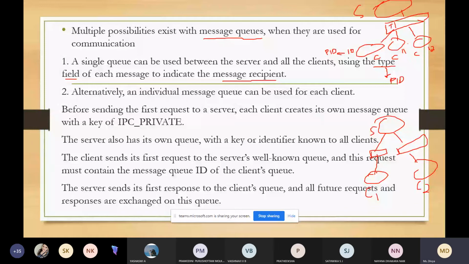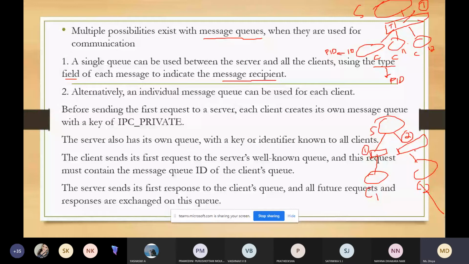You cannot have multiple messages, only one message. Similarly to the message queue, there is a limit of only one message per queue. Here also, what is the disadvantage? Suppose there is a message queue here, how many messages can you have in this message queue? Only one. Remember that. Even here in the message queue, only one message at a time. So here one message and here one message. That is a problem in this IPC method.